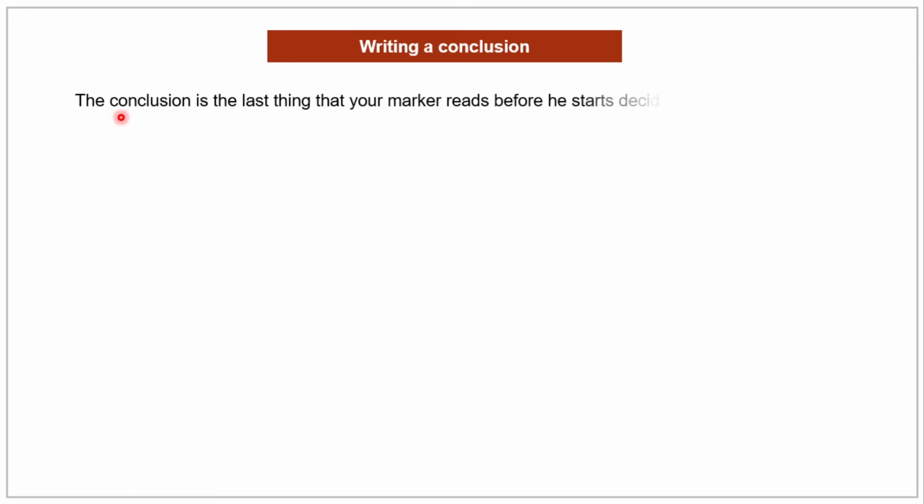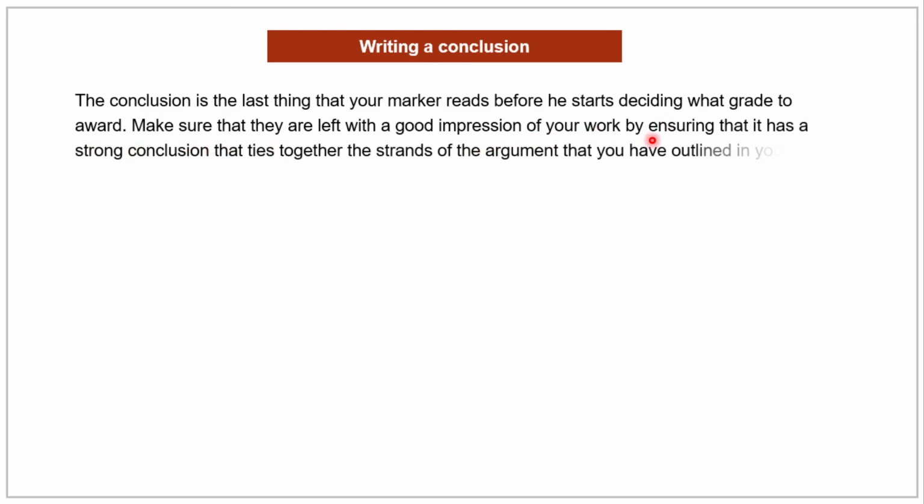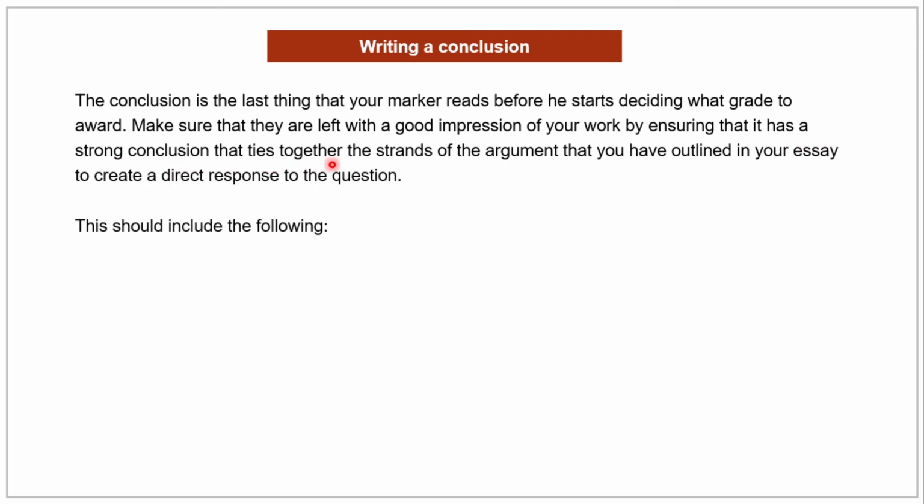Now we come to the aspect of how to write a conclusion. The conclusion is the last thing that your marker reads before he starts deciding what grade to award. Make sure that they are left with a good impression of your work by ensuring that it has a strong conclusion that ties together the strands of the argument that you have outlined in your essay to create a direct response to the question. This should include the following: a statement of the aim of the essay, a brief reminder